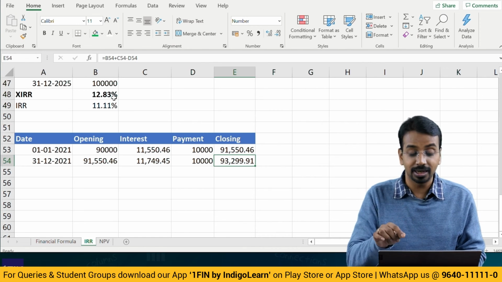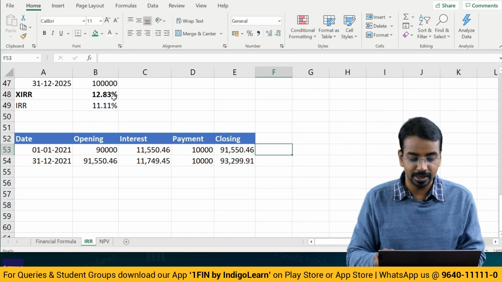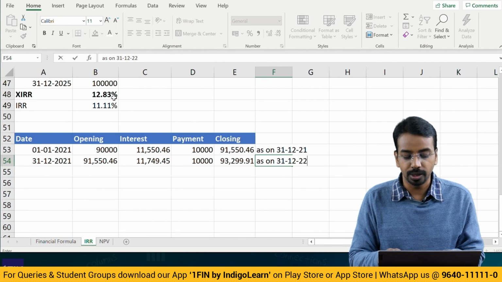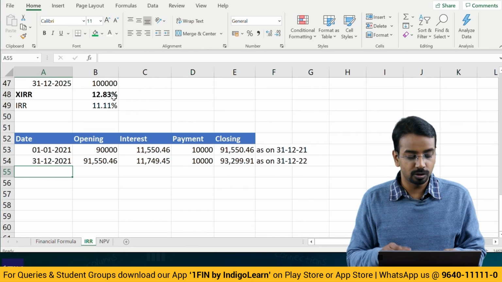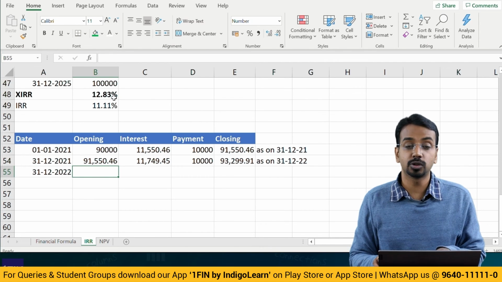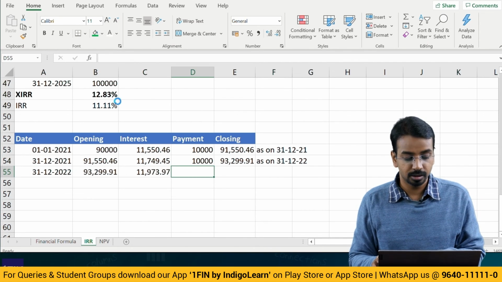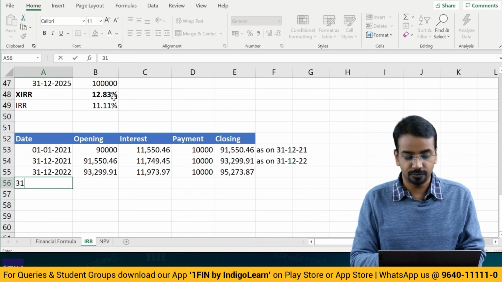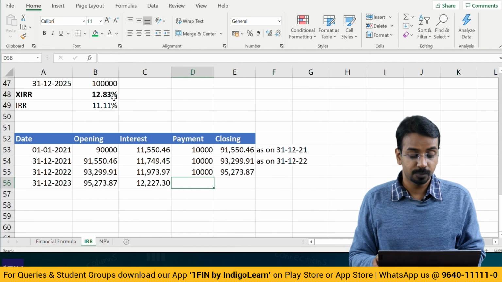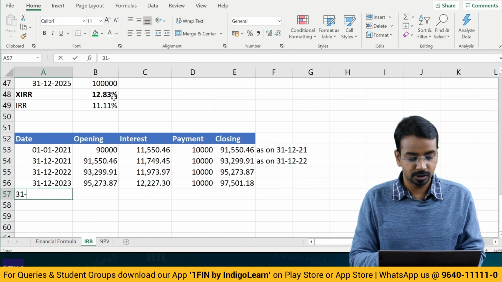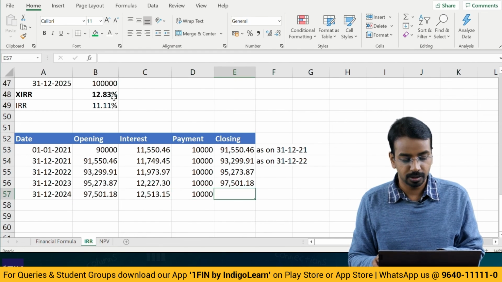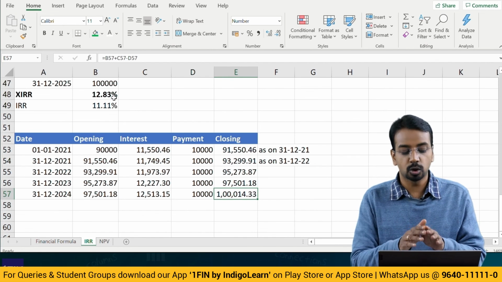Now this closing balance again is after 1 year. So this closing balance is as on 31st December 21, this is as on 31st December 22, right? Now again I can move to the next year, 31st December of 22. So here you can use Control D to copy the formula, interest, payment, closing balance. Then we have 31st of December of 23, opening balance, interest, payment, closing balance. 31st of December of 24, opening balance, interest, payment, closing balance. Now this closing balance is